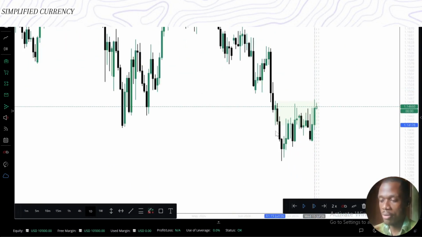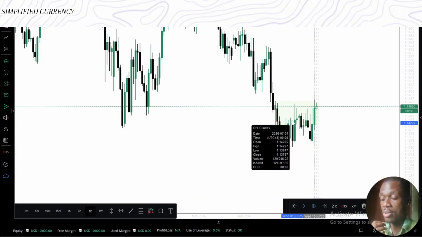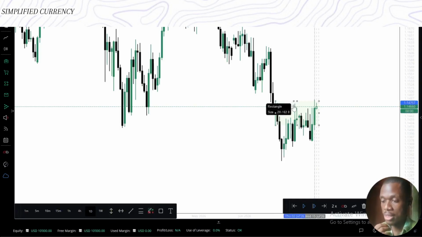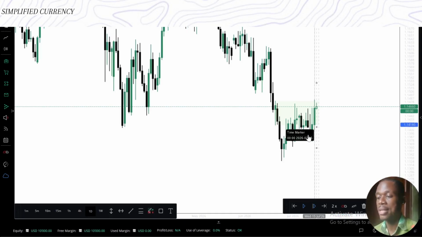I'm like, okay, I'm comfortable taking a sell from this level, even though I'm seeing price disturbing that level, which is not really a good thing to an extent. But since it's an order block, it's fine. If it was a fair value gap and I see price disturbing it like this,